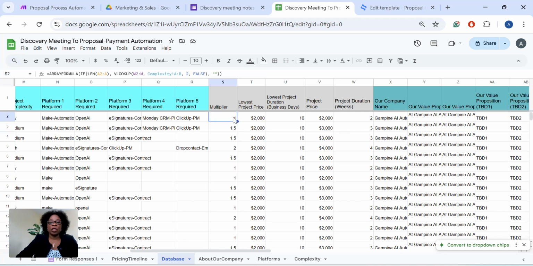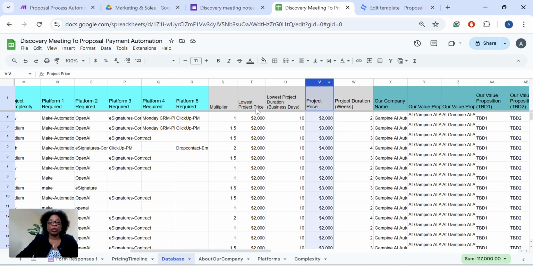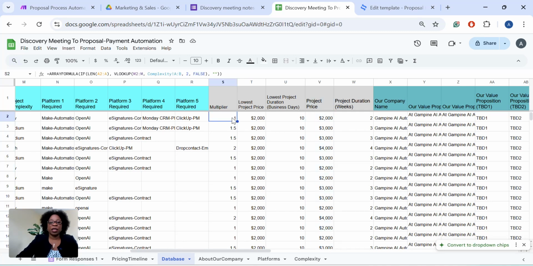For example, the multiplier here: given the project complexity we assessed during our meeting, we are going to determine the price based on that. So this is an array formula. It applies to the whole column, so you don't need to create specific formulas for each cell. And